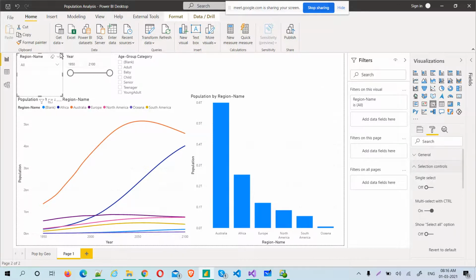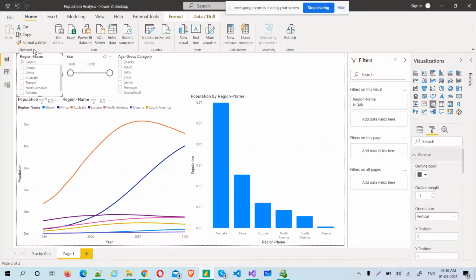No, it should be the list. It should be the list, and then go to the general. Yeah, see guys, you should not get confused. First thing is it should be in the list, and then go to the general, then you see the orientation. If it is in the drop down, there is no meaning. Now let me select this and just observe, that won't be there. This is one of the most confusing things for everybody.